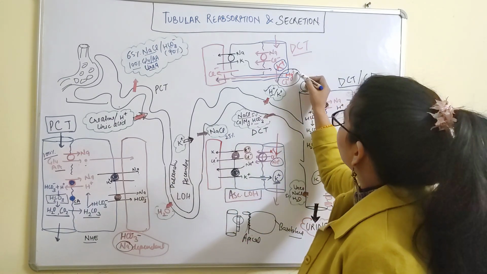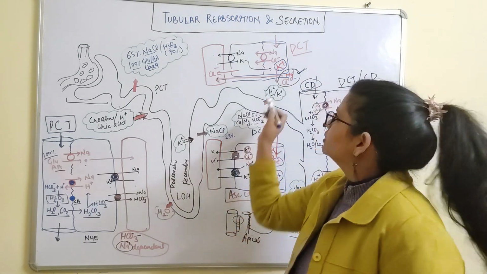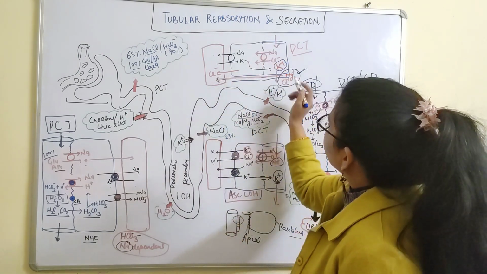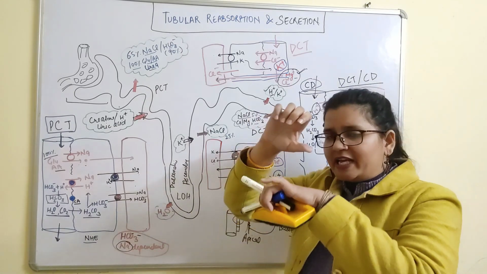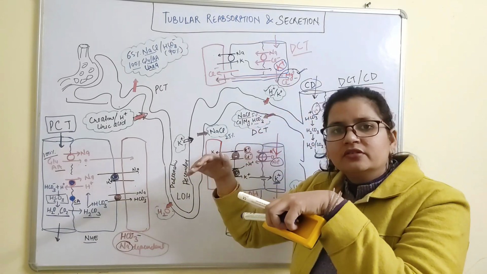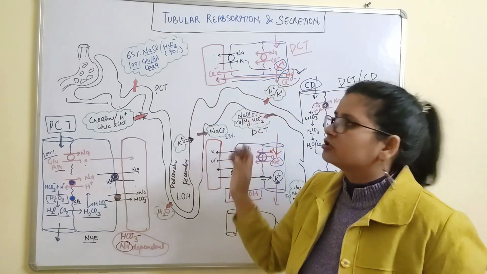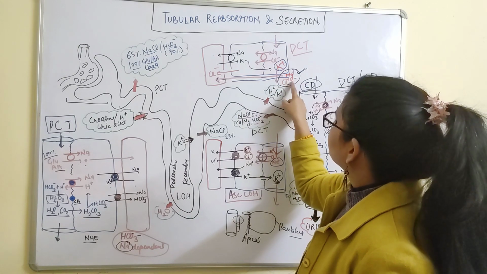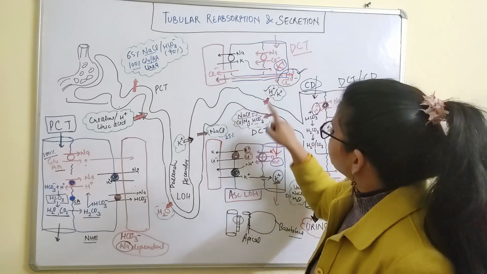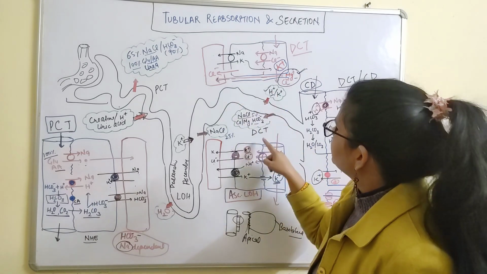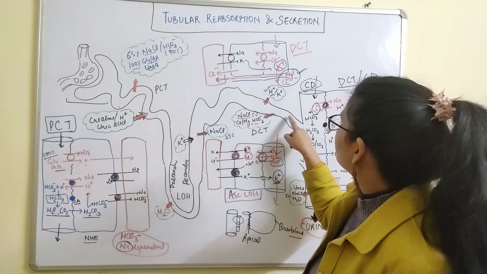And one more very important thing here is calcium and magnesium ions. They can enter the blood vessels by the paracellular route. What is paracellular? The space between two cells, where they can enter and be absorbed into the blood vessels. So this is called calcium and magnesium reabsorption. Now can we say in the DCT part we have seen NaCl, calcium and magnesium, only bicarb is left, which is reabsorbed in the late part.